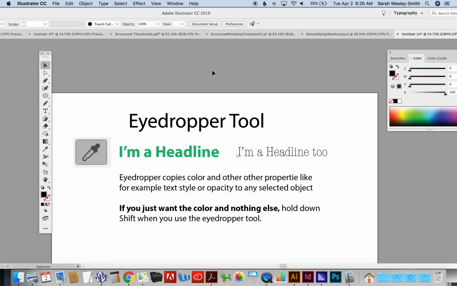Now we're going to look at Adobe Illustrator's eyedropper tool. The eyedropper tool is located down here. It's a little eyedropper. You can get to it also just by hitting I on your keyboard. There it is. Basically how it works is if you select an object or a piece of type and then get to your eyedropper tool,